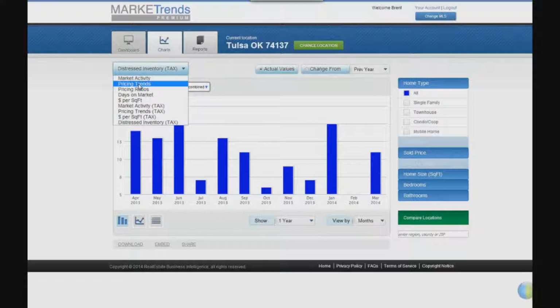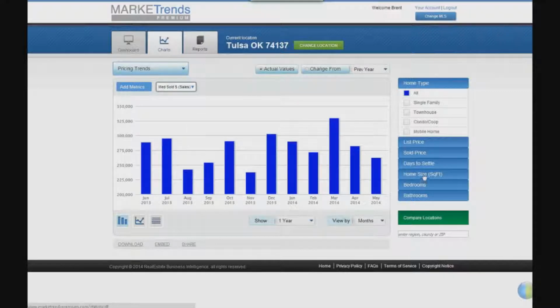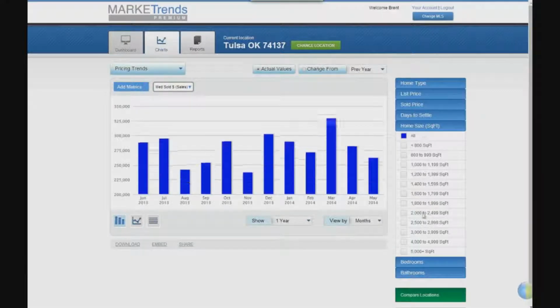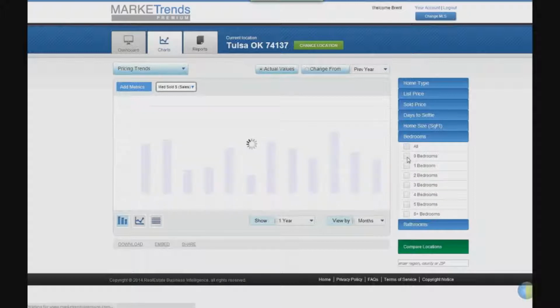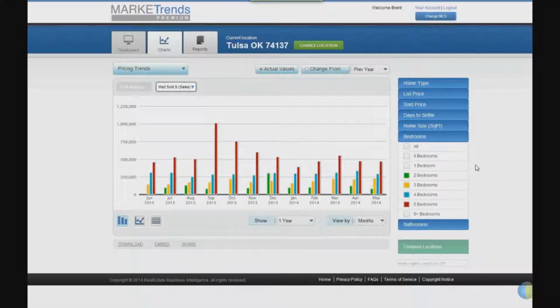Maybe we'll look at those pricing trends, and we'll throw in those different home sizes again. Actually, let's go by bedrooms. I liked the way that looked before. And we'll put together, again, that nice looking colorful chart that we had about all those different bedrooms. So now that you've put together this chart,